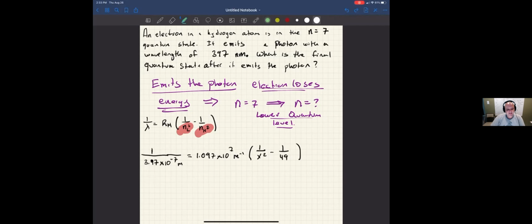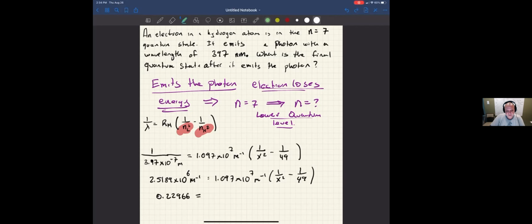So taking 1 and dividing it by the wavelength, I get 2.5189 times 10 to the 6th meters to the negative 1. And so that equals 1.097 times 10 to the 7th meters to the minus 1 times the quantity 1 over x squared minus 1 over 49. So I can take the left side and divide it by 1.097 times 10 to the 7th meters to the negative 1, and I end up with